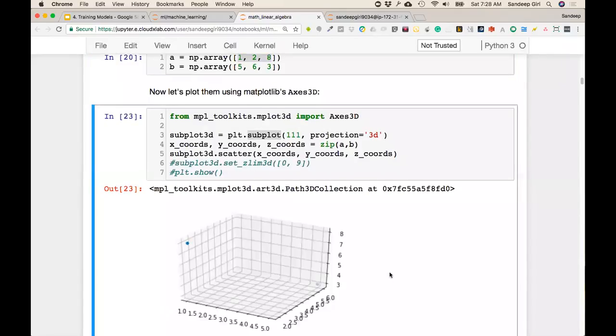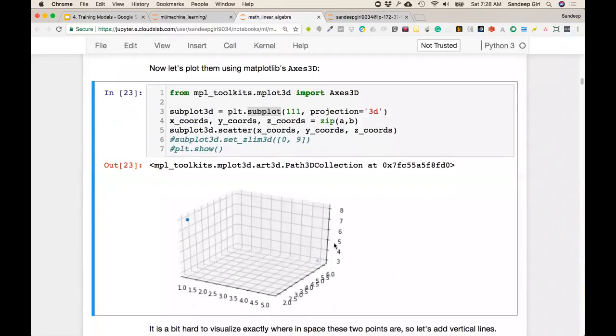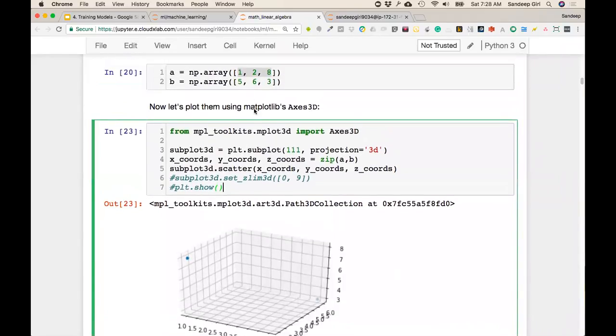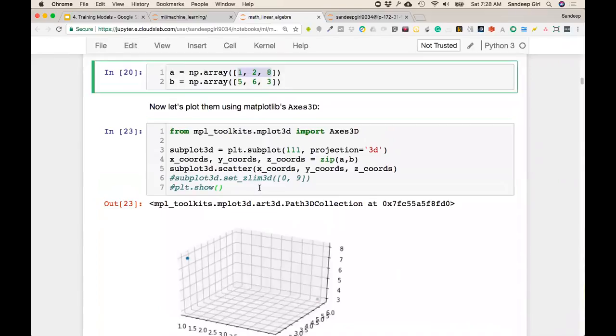Okay. So basically, these axes are not starting from 0, 0 as usual, but they're starting from the minimal point where our coordinates are. Okay. So if we had some coordinate, something that had